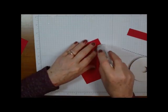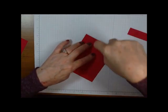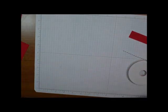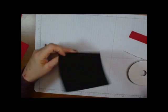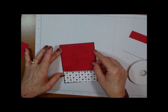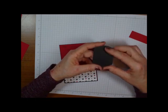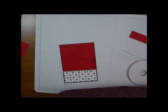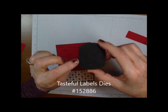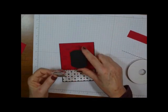Okay, then we're going to go right over our ribbon with our Stamp and Seal and put that onto a piece of black, which is 3 7/8 by 5 1/8. Then I cut out this really cute frame, and that is from the Tasteful Labels dies, and it leaves a really nice edge. I'm not sure, though, maybe you can see it. It's really pretty. So we're going to go ahead and put the Snooty Kitty on there,